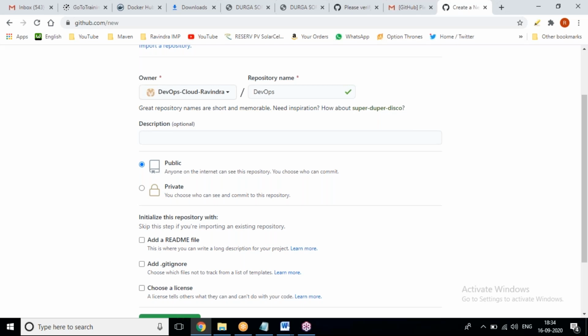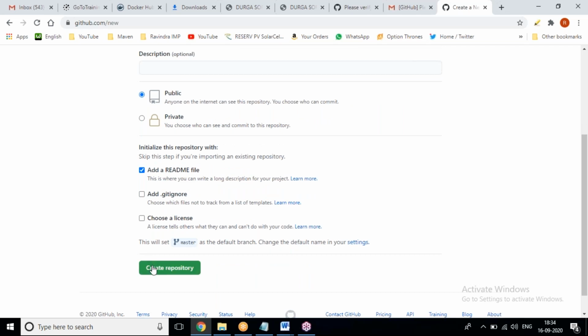At present we are using a public repository, because what we are going to upload into GitHub is not important for me. That's not my important data. So I'm choosing public. Now, whenever you are creating a repository, try to add a description. We can maintain a long description, or you can write something inside about what purpose you are creating it for, what you are going to place in your repository. Don't forget it. Now, create repository.